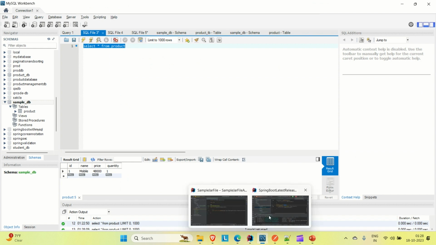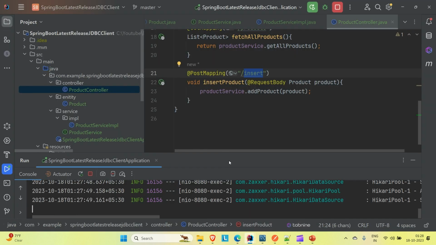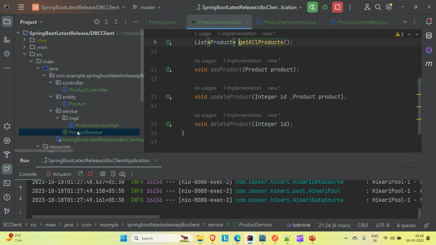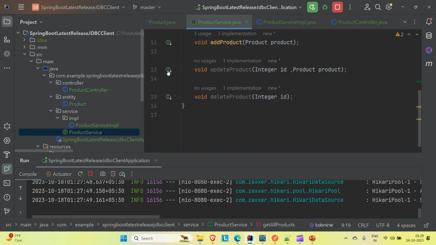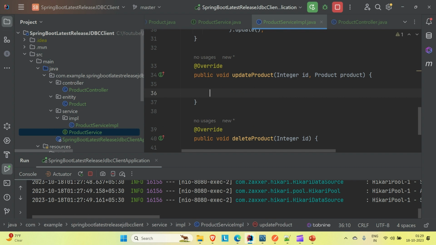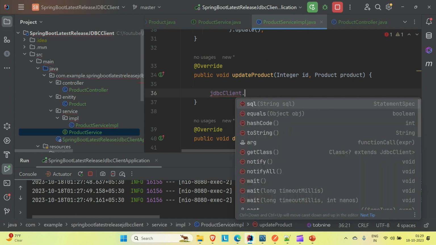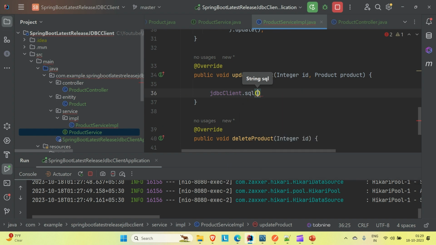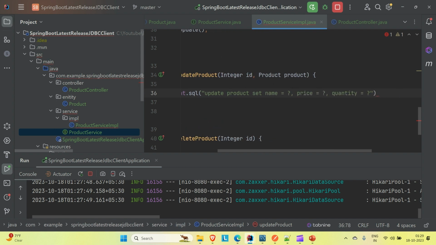Now the implementation for the third API, which is the update one, we are going to do. So go to the product service, and here you can see we have this method. Go to its implementation, and let me try to do the implementation here. So we are directly going to call the JDBC client.SQL query, and here we have to provide the update query. So update product set, and let's say we are going to set the name, price, and the quantity based upon the condition where id is equal to this,